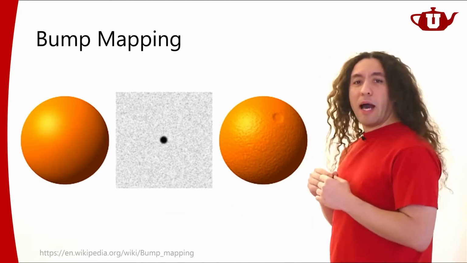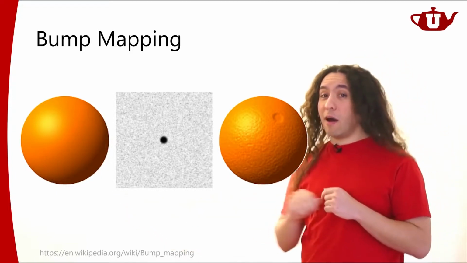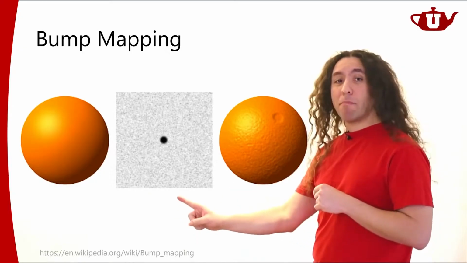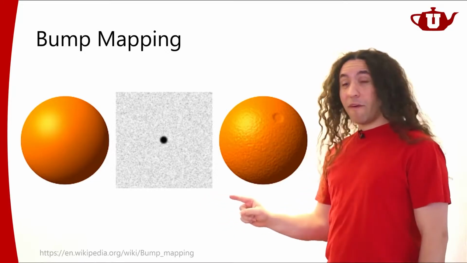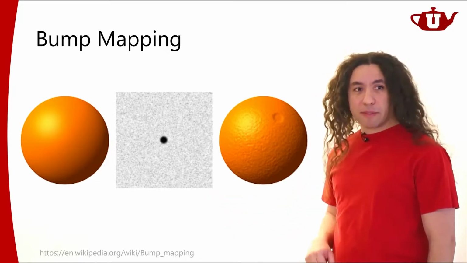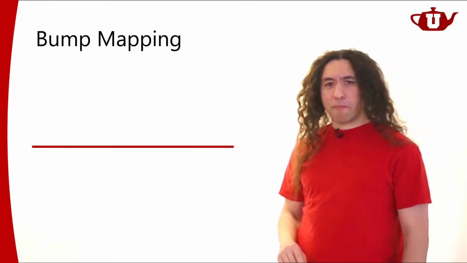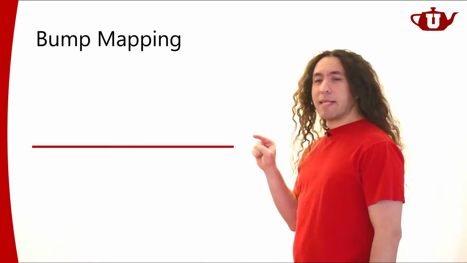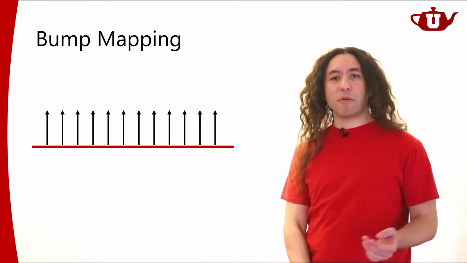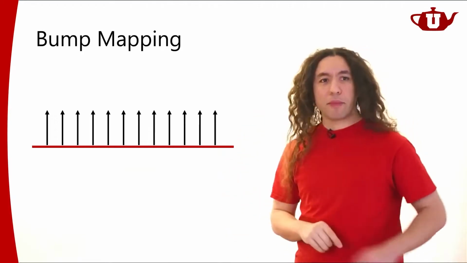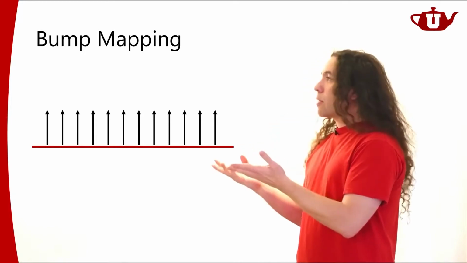And the way I achieve this look by rendering this object is by adding this bump map in the middle. So this bump map is going to define the bumps and dents on the surface. And the idea is actually fairly simple. So let's talk about that. Let's say that I have this flat surface, right? It's totally flat. That means all of my surface normals are pointing up, right? Now, obviously, I shaded this properly, and this is going to look like a flat surface.